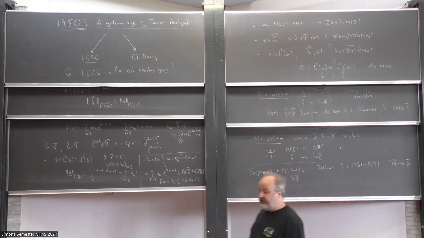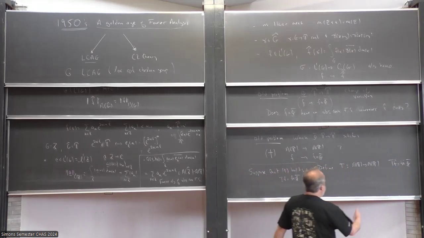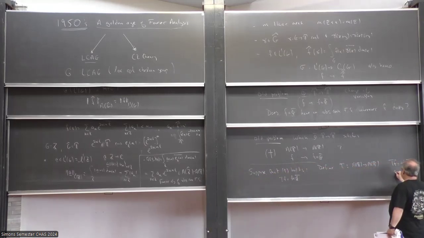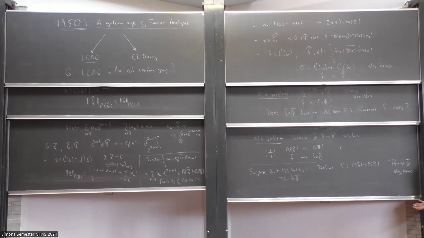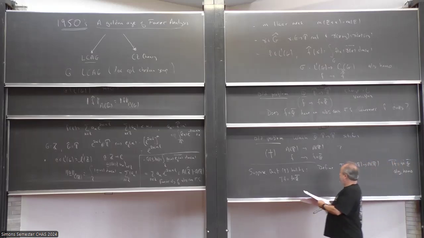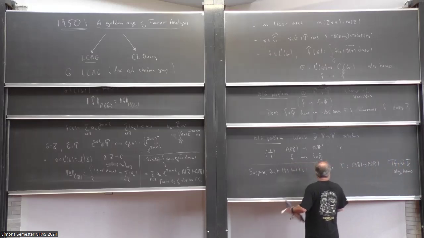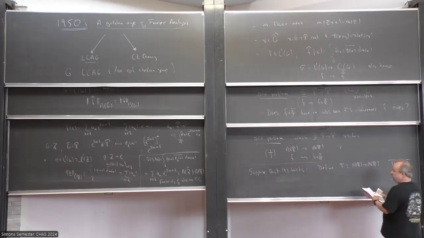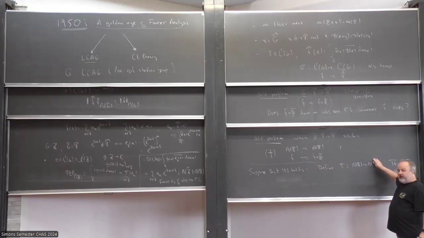And then, in fact, you can check this is an algebra homomorphism. Very simple, right? If I take, for instance, two functions, remember, the multiplication here is just pointwise multiplication. So when I compose with a map, it changes sums to sums and products to products. So this is an algebra homomorphism, trivially. And so whenever you have an algebra homomorphism between two Banach algebras, and the target algebra is semi-simple,